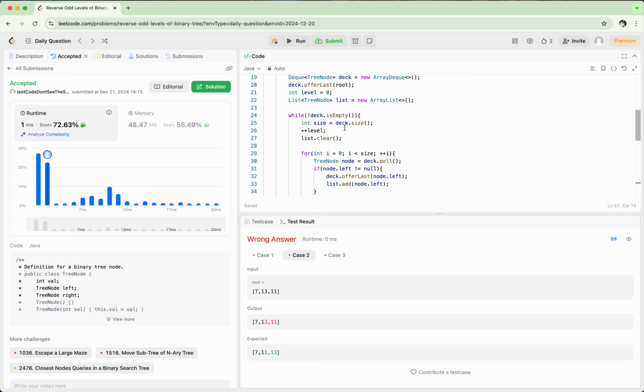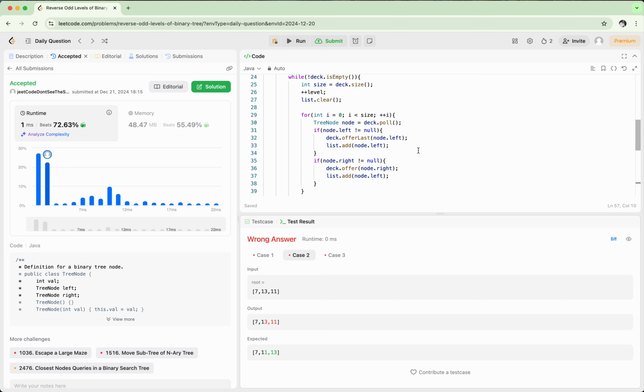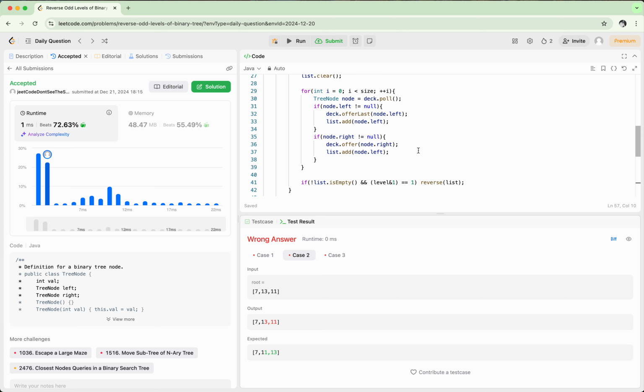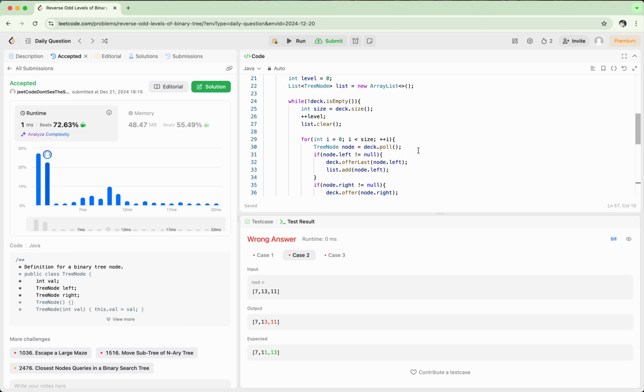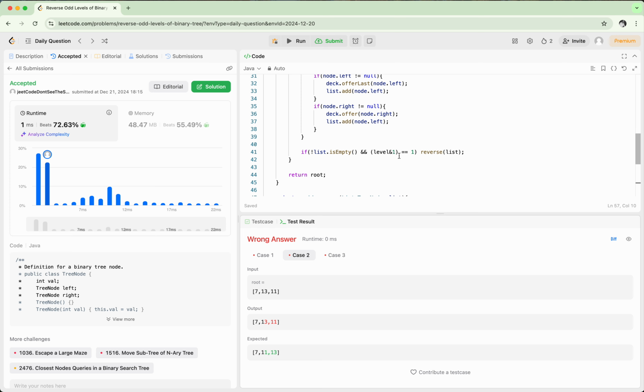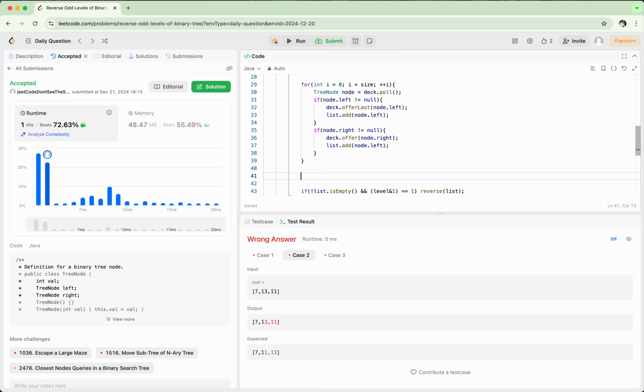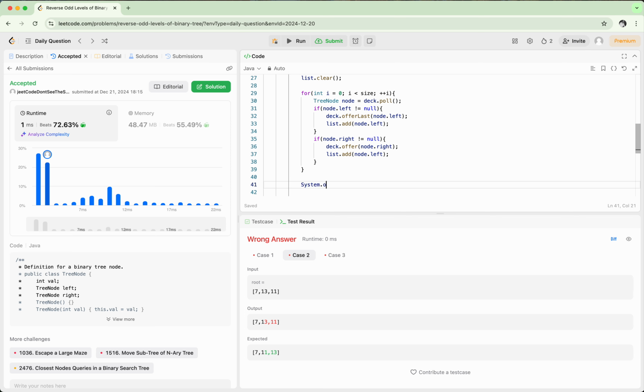level 0, level 1, okay, and then it should be doing here level 1, yeah, and level is equal to 1, this is correct, it should return the value. So let's check here what is the content of this list and the level. List content is, and the level is,